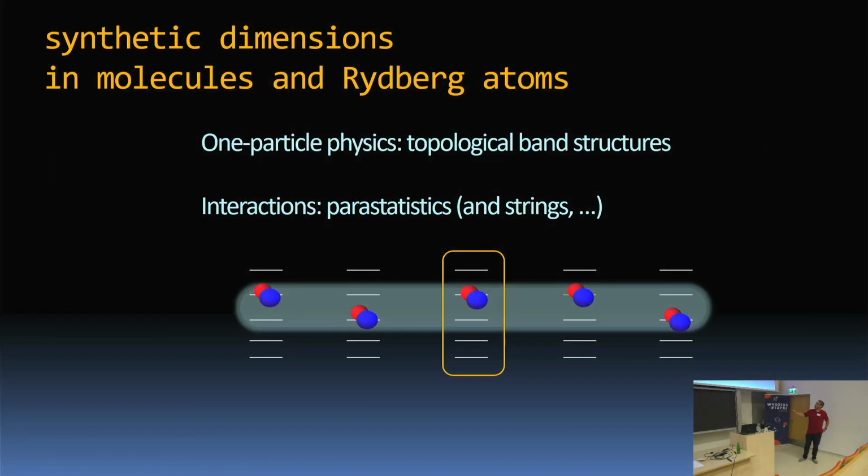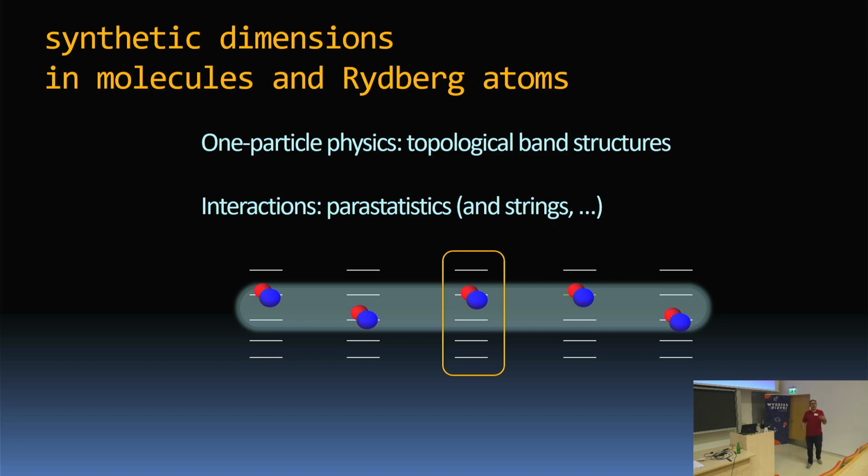Today I'm going to first start telling you about the one particle physics. That's really where the synthetic dimension lives, and we heard a little bit about this from Michel and Meshko yesterday. Then I'll tell you about really where most of our focus has been, which is the effect of interactions and how they couple to these synthetic dimensions. Here I'll be telling you about something very new that we're excited about. We just had a preprint a few weeks ago on this, and it's this idea of something called parastatistics.